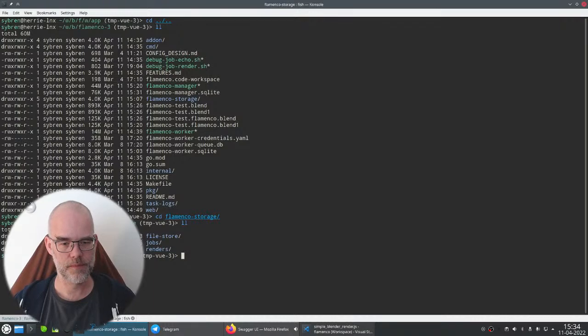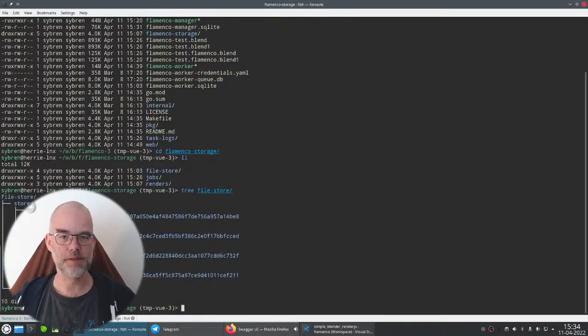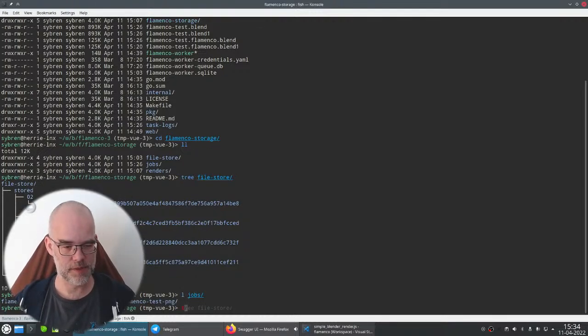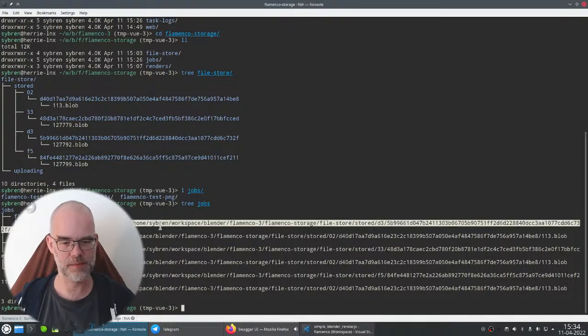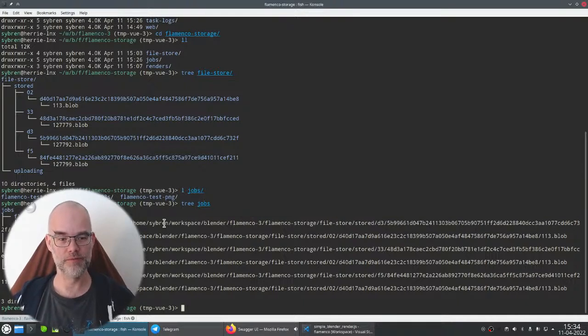So if you look at the Flamenco storage, these are the files that I uploaded just now. That is a few different blend files and another file. And in jobs, you can see that Flamenco test here, this blend file is just a symlink to that particular file in the file store. And this way it can create